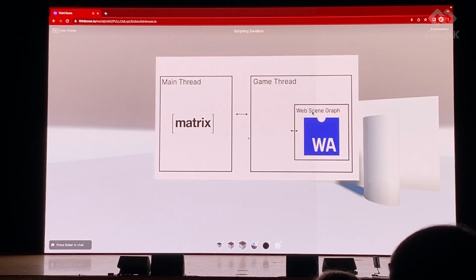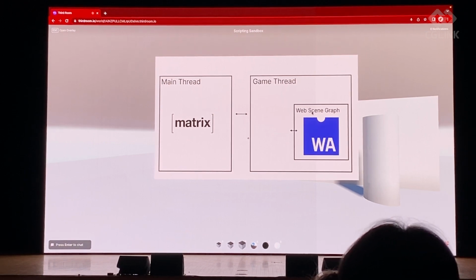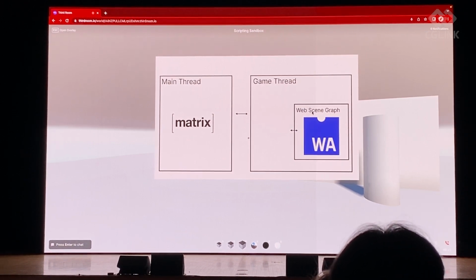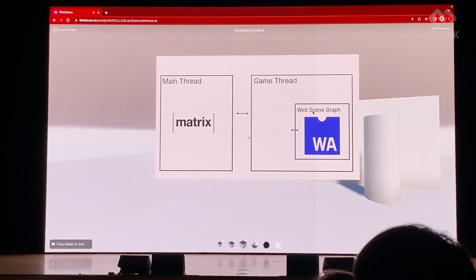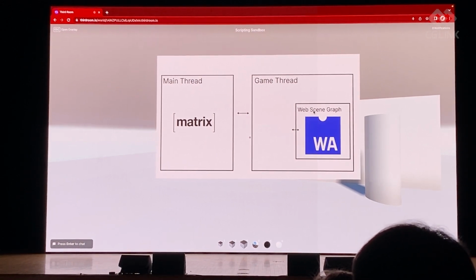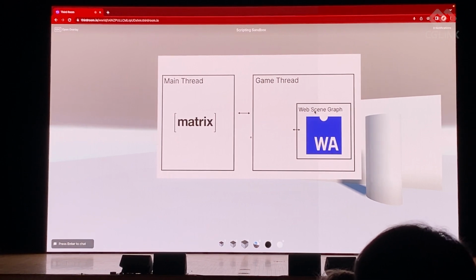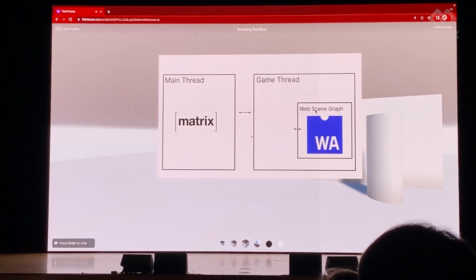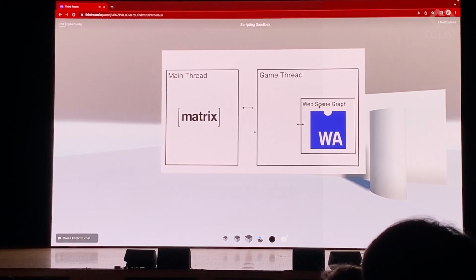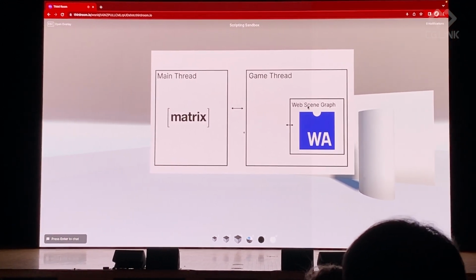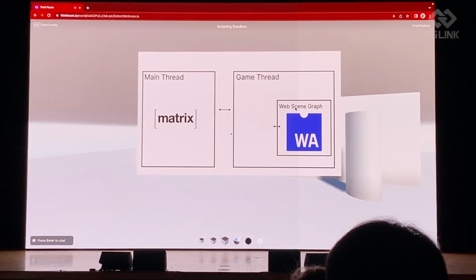Now, the code for this behavior can be uploaded to any world in Third Room, and it'll be downloaded and run on each client. Now, you might be thinking to yourself, wait, you're running untrusted code in an end-to-end encrypted chat app? This script is actually executed inside of WebAssembly's sandbox, which only has access to the Web Scene Graph APIs we've exposed to it, making it a safe and secure way to run untrusted code for user-generated content.